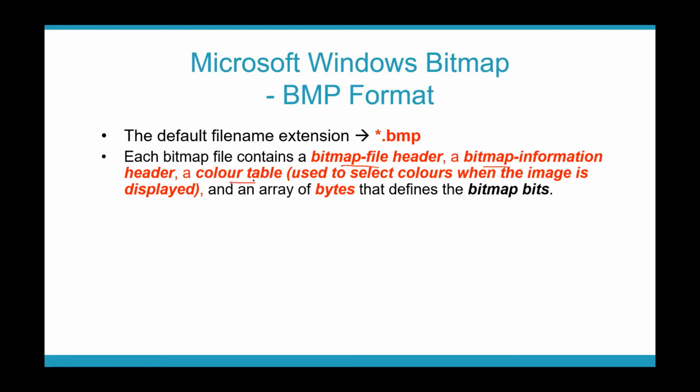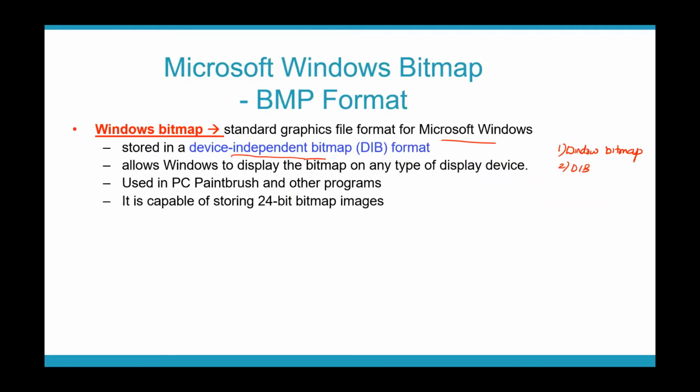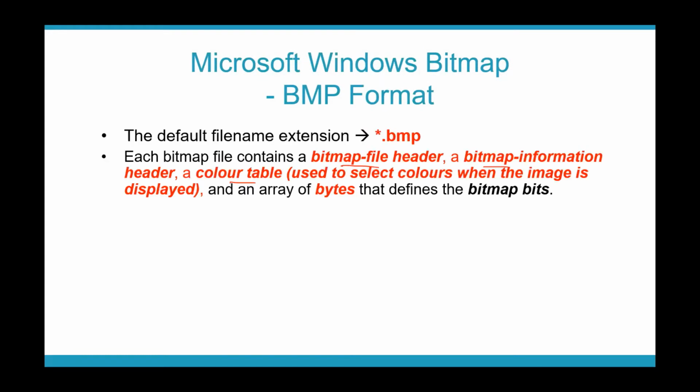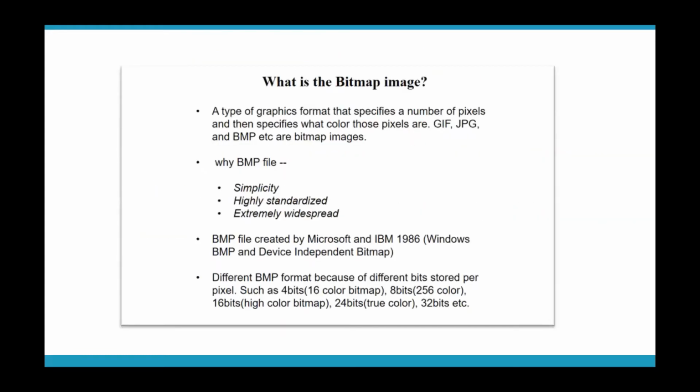Now the question is, why is it referred to as a Windows bitmap format? Why do we refer to it as bitmap format? Does anyone know the answer to that question? As Vaibhav said, information is stored in the form of pixels in the case of a bitmap image. Whatever the color information, whatever the pixel information, it is stored in terms of bits. That is how the name bitmap came about. In a bitmap format, whatever color information you want to store is stored in the form of pixels, which are in turn represented in terms of bits.